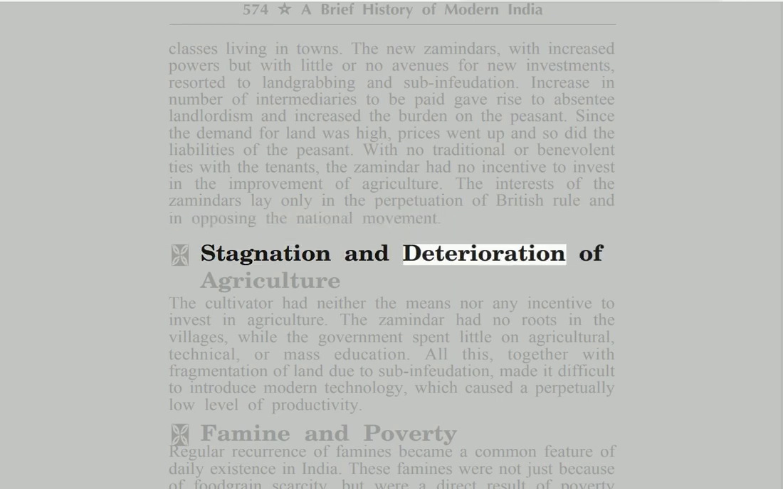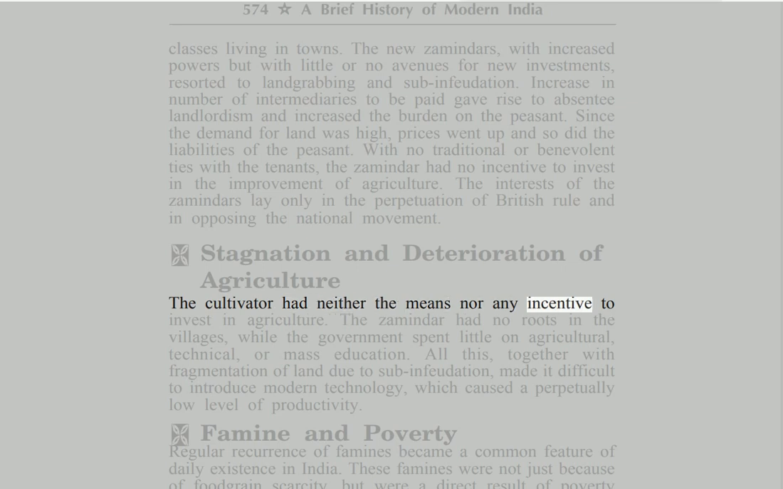Stagnation and deterioration of agriculture. The cultivator had neither the means nor any incentive to invest in agriculture. The zamindar had no roots in the villages, while the government spent little on agricultural, technical, or mass education. All this, together with fragmentation of land due to subinfeudation, made it difficult to introduce modern technology, which caused a perpetually low level of